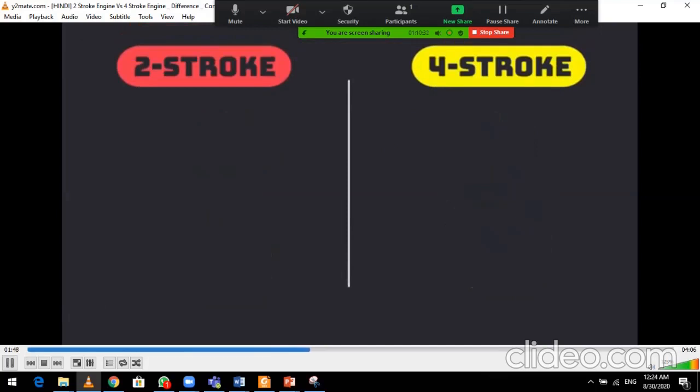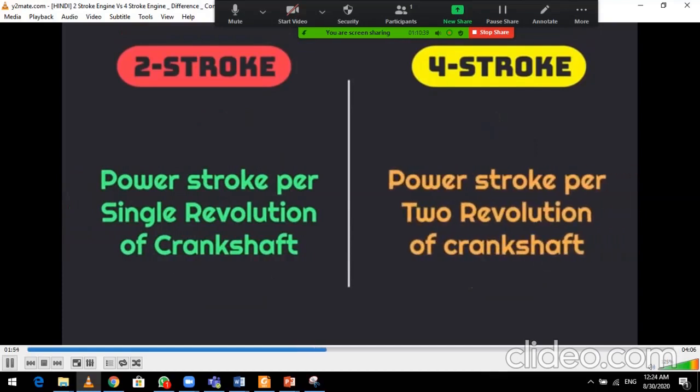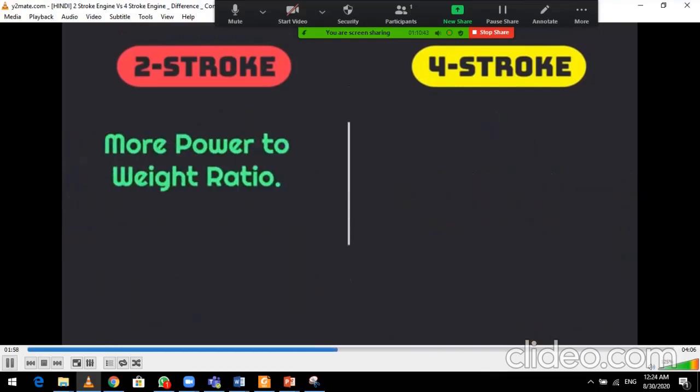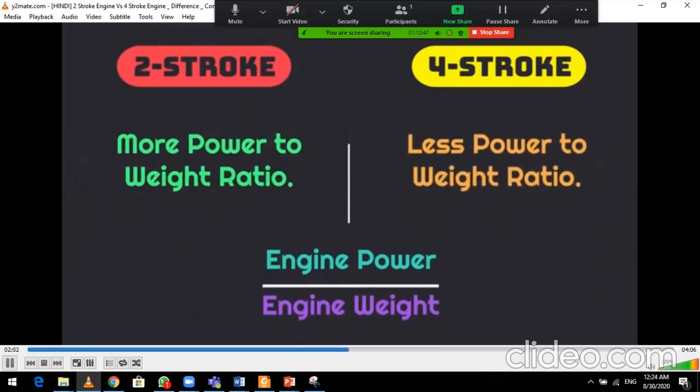तो टू स्ट्रोक इंजन में हर एक रेवोल्यूशन पर एक पावर स्ट्रोक होता है, जबकि फोर स्ट्रोक इंजन में हर 2 रेवोल्यूशन पर एक पावर स्ट्रोक होता है। इसी कारण जो टू स्ट्रोक इंजन है उसका पावर टू वेट रेशियो फोर स्ट्रोक इंजन के मुकाबले ज्यादा होता है।